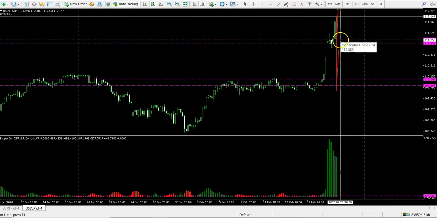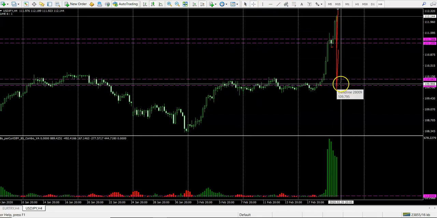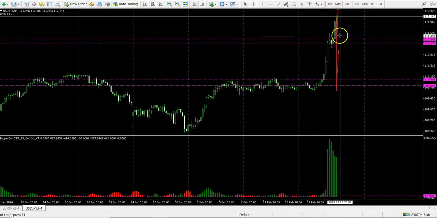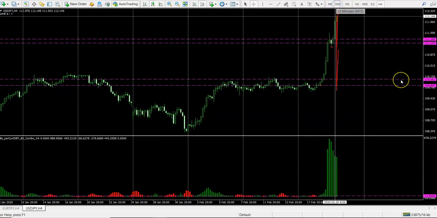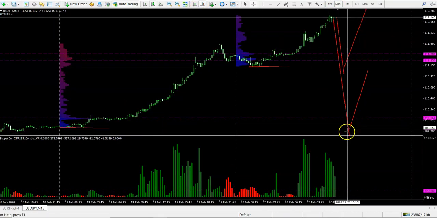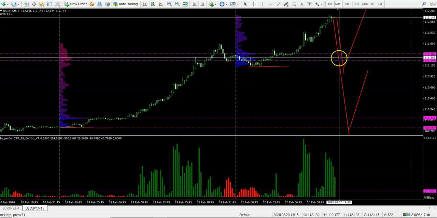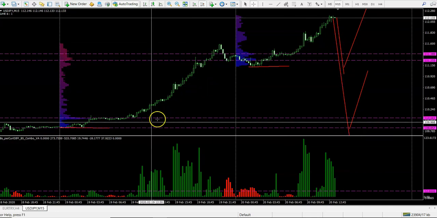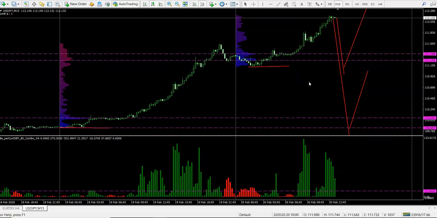If it breaks this zone, you know with high probability it's coming back for this zone before, and it's highly likely to go back up. But in this particular trend right now, it's too strong for it to get down there. Looks like it's way too strong to actually come down here. Here, yes, very much possible, but to come down here, it might, but the way you can view the trend, there are serious buyers behind this market right now. We don't know whether it's long-term buyers or short-term buyers, but the bottom line is there are strong buyers behind this particular market. So this is the first example on